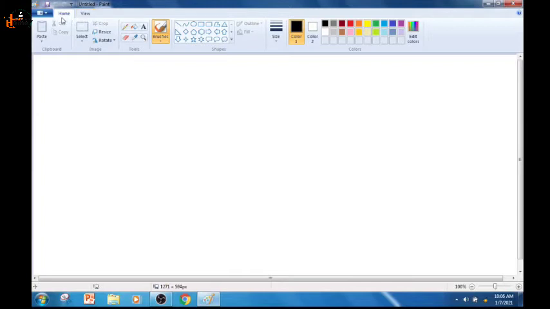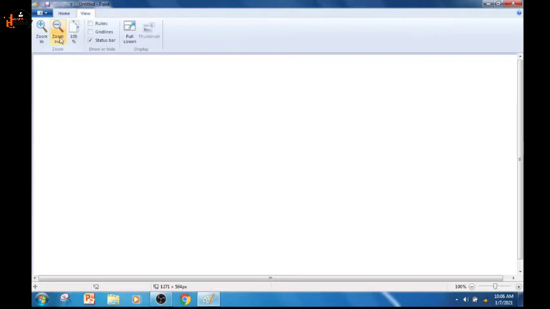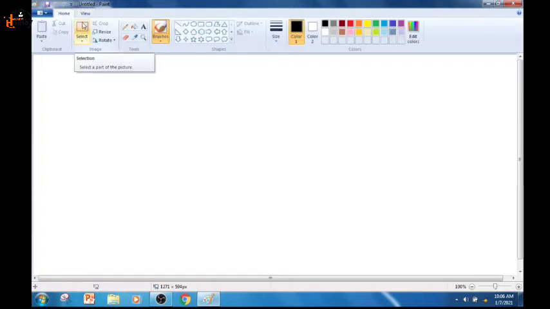Then we have ribbon. What is ribbon? Ribbon contains a group of commands related to different tabs. See, tabs have different commands. So many commands. Okay, different tabs have their own commands. Like home tab, these are all the groups of commands of home tab. If you will click on view tab, these are all the groups of commands of view tab. Okay, and these commands and tabs, they are collectively known as ribbon. Okay, ribbon contains tabs and their related group of commands.